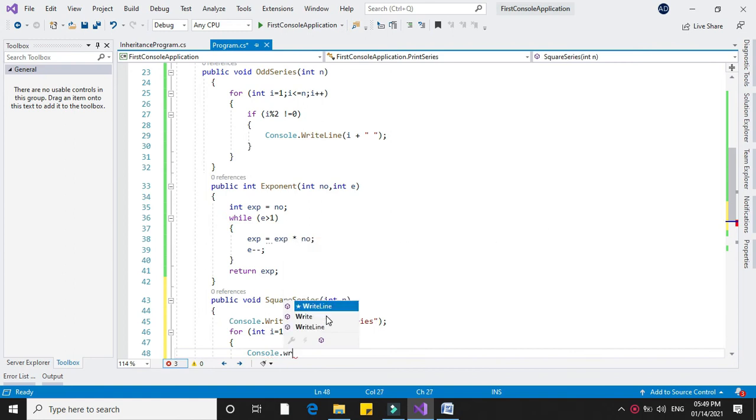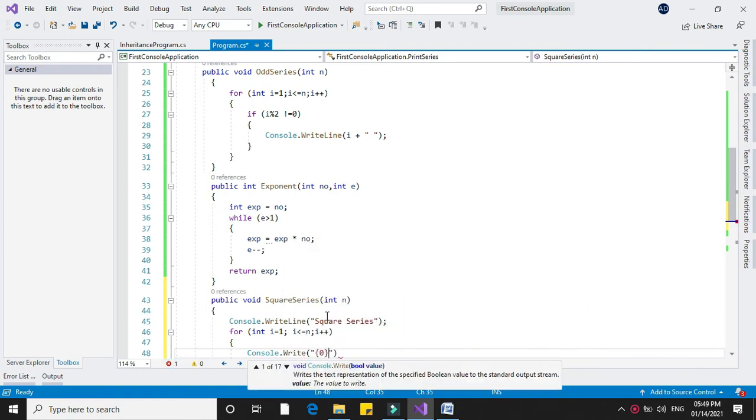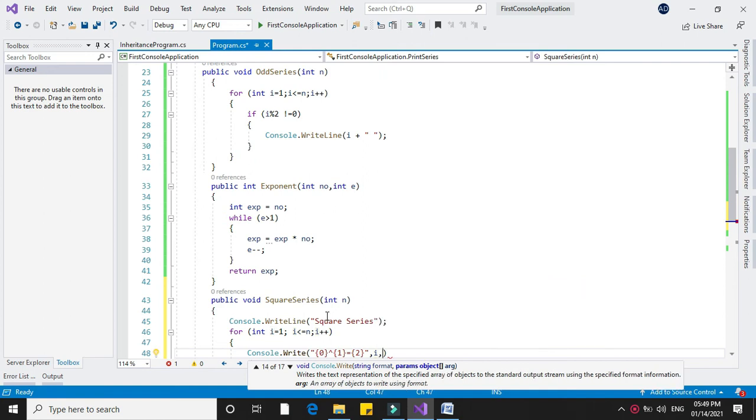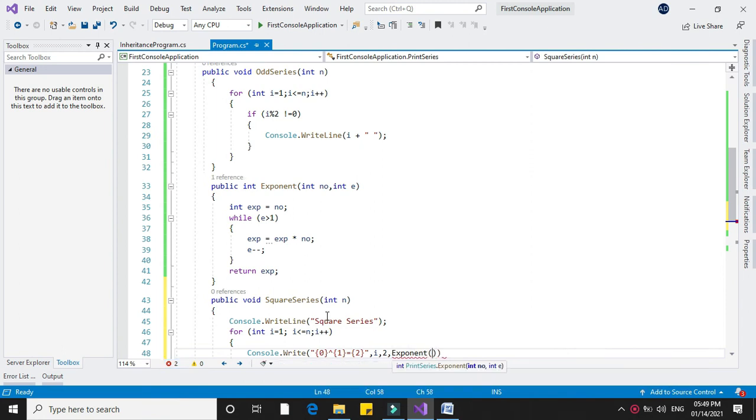So Console.Write 0, exponential 1 equal to 2, and I will pass the values as i, that is the number. Then we are going to find the square, so 2, and here I will call the method that we have written, exponent, with value i and 2.